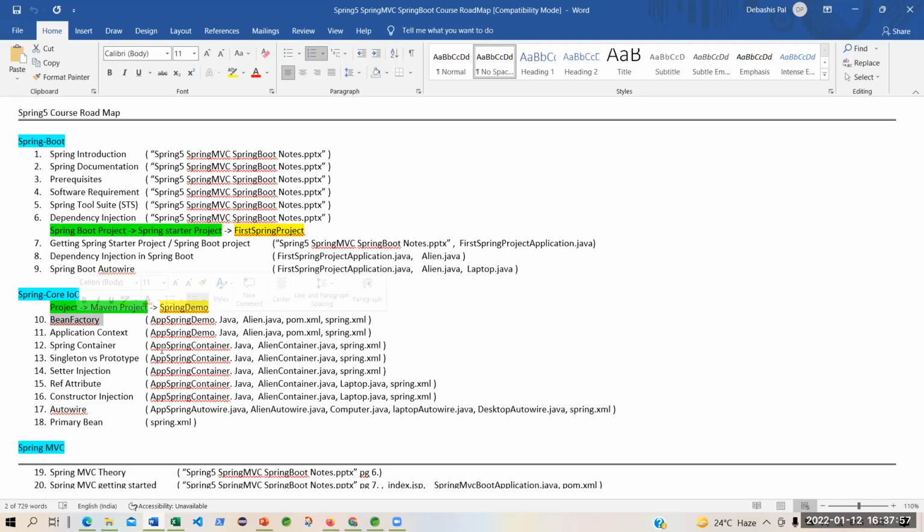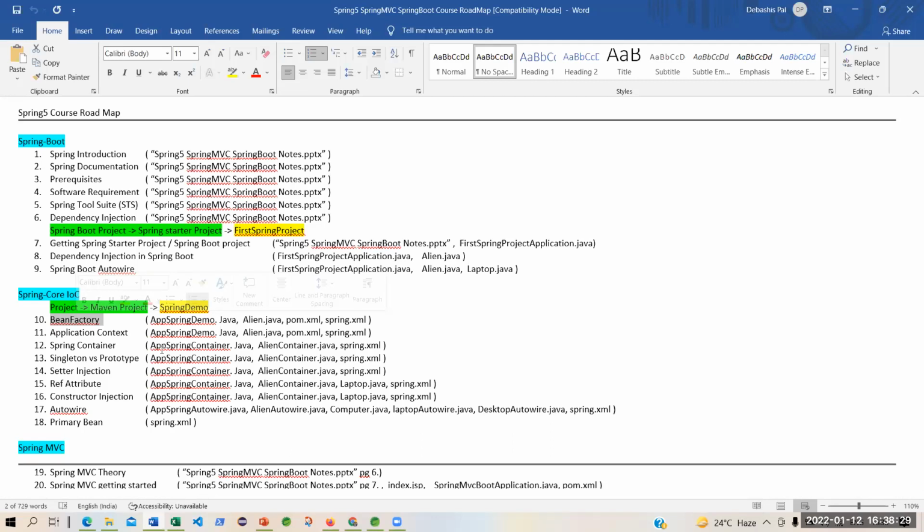Otherwise, in a Spring Boot interview, you can create such a good impression with your interviewer that he will not take your second round. He will select you directly, because you have not learned only Spring Boot. You have learned the entire history of Spring, the entire Spring framework.